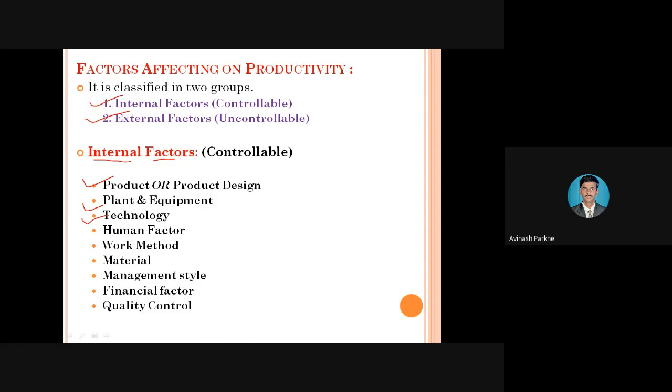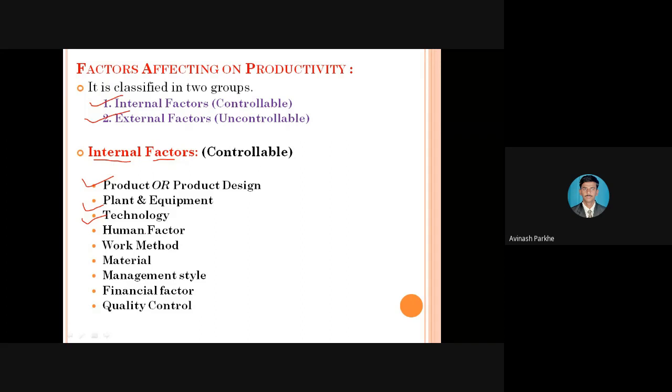If you are using the old technology, obviously it affects the total productivity, because through old technology, maybe you require the maximum time, maybe your production cost increases, maybe there is maximum wastage of material. But if I use the advanced technology, I can manufacture the products using standard machineries and automation. Due to those standard machineries, there is less wastage. So technology also plays a very important role in increasing productivity.